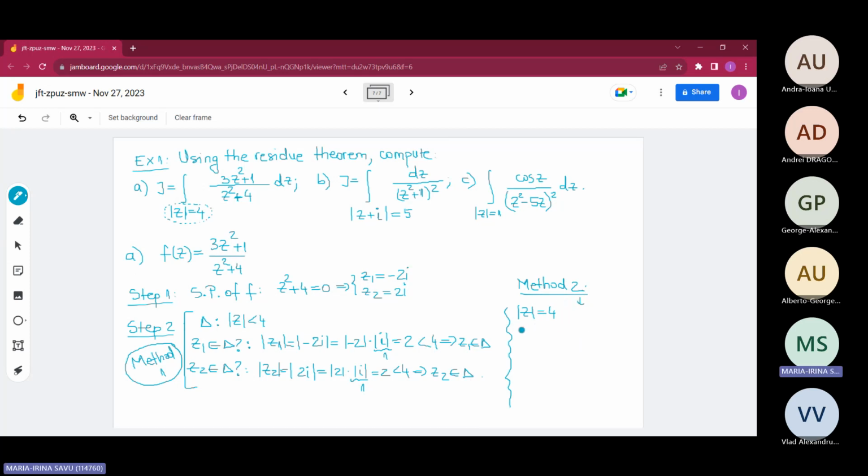And this is actually a symbol of center 0, because it is equivalent with z minus 0 plus 0i in module equals 4. So this is a circle of center 0, 0, and radius 4. Okay, so to circle,